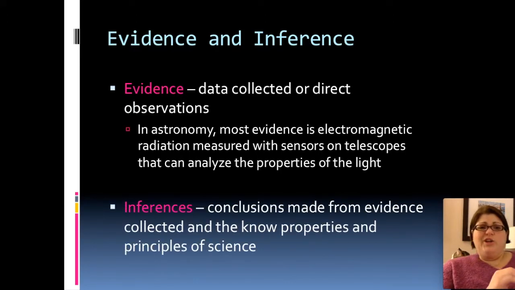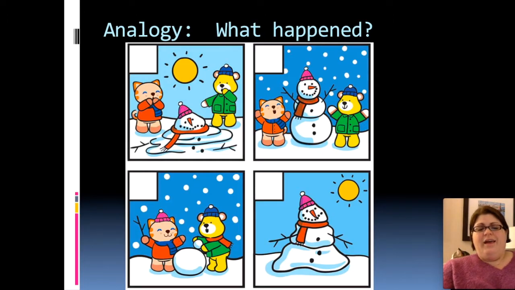We then look at the properties of light that we know to be true on Earth, and we use those to make inferences, or in other words, conclusions based on the evidence we collected. It's really simplistic, but a good analogy is those sequencing diagrams you did when you were a kid. You can look at this picture, and because you know how snowmen are made and you know that snow melts, it's pretty easy for most people over the age of 7 to look at this picture and know that the